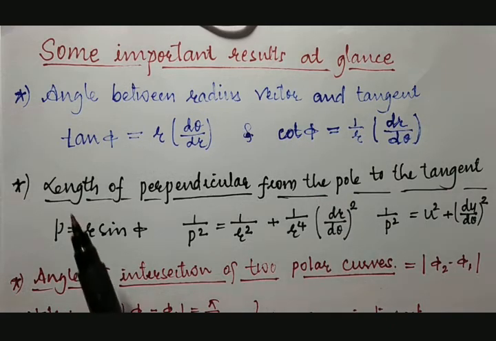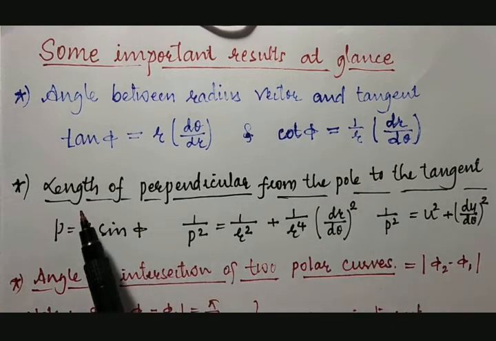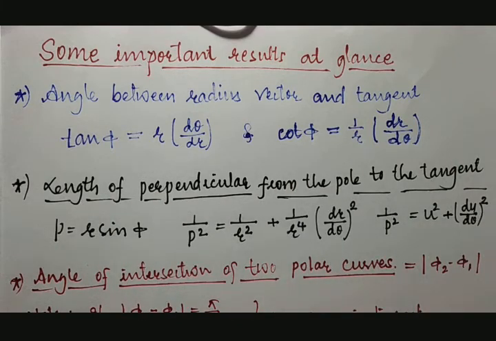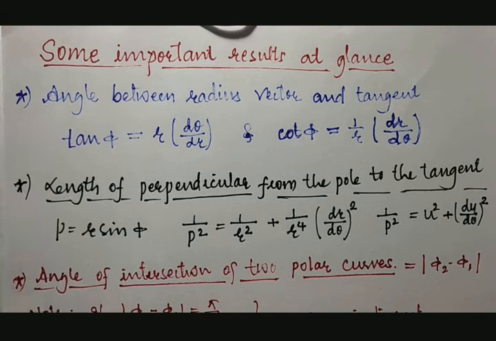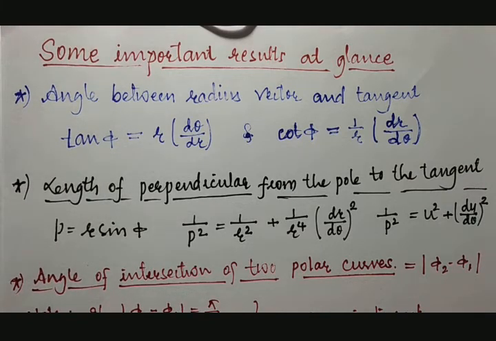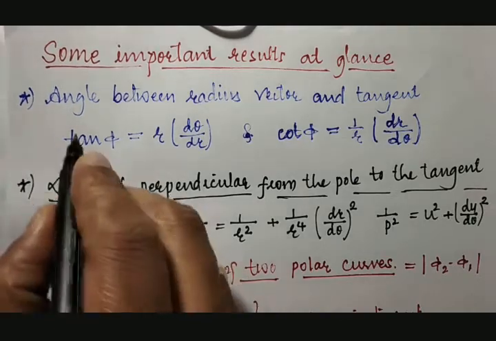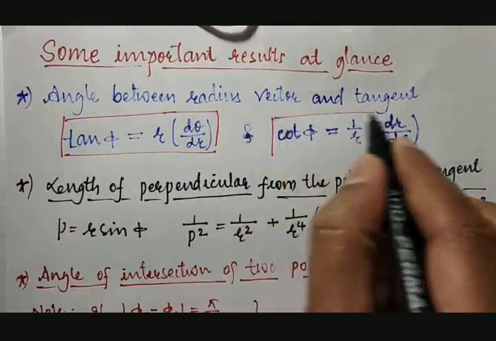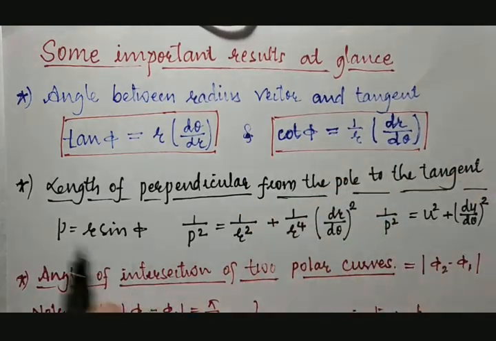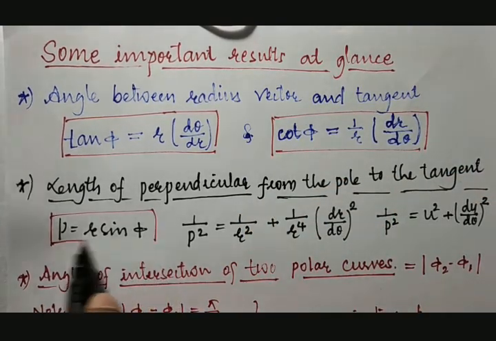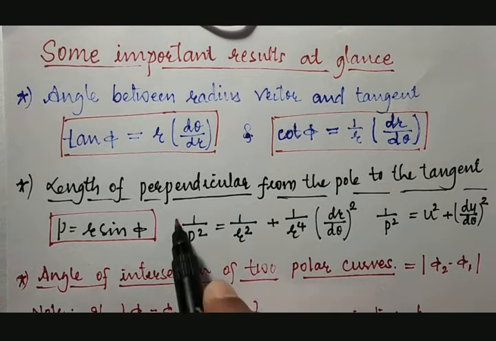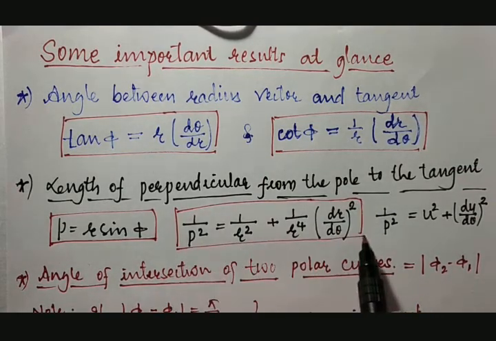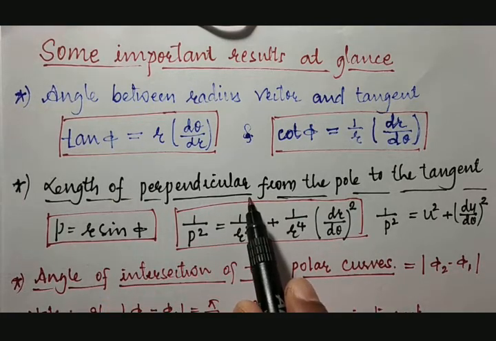Then we discussed one more derivation where we found how to obtain the length of the perpendicular from the pole to tangent. There we got three different results. Here we got two results and here we got three results. One, p is equal to r sin phi, which is also an expression for finding a length of perpendicular from pole